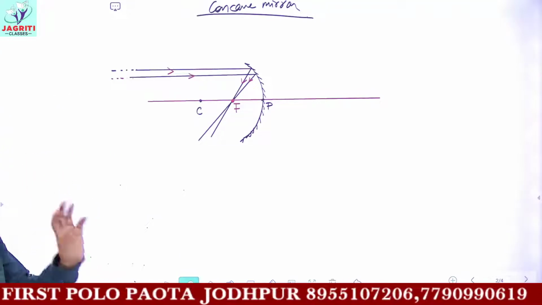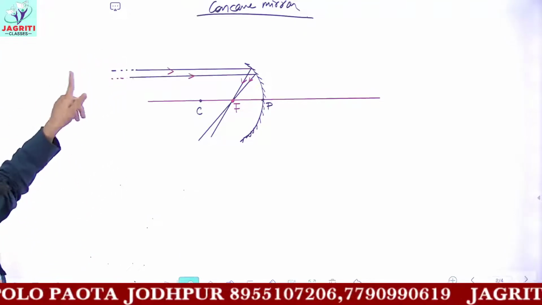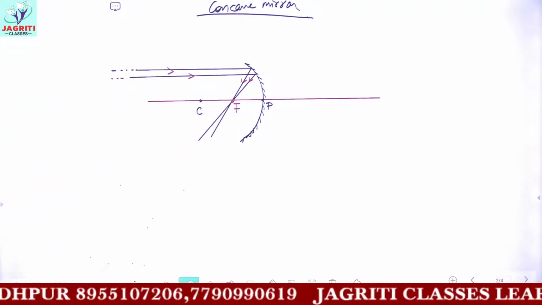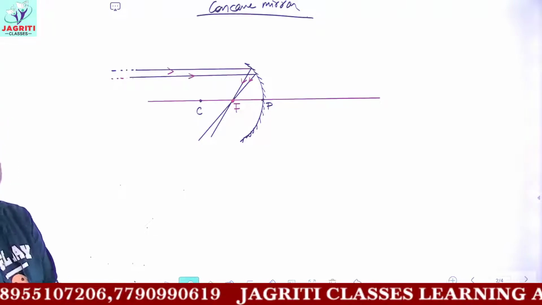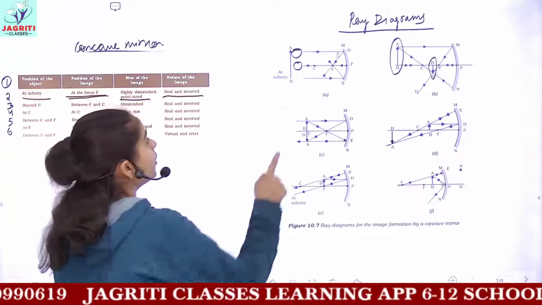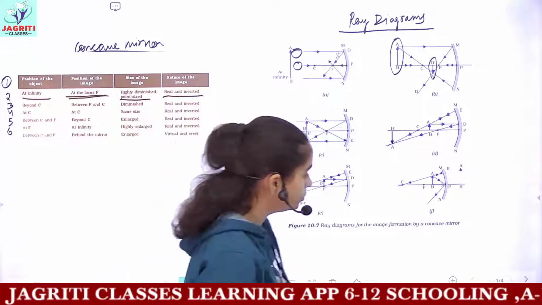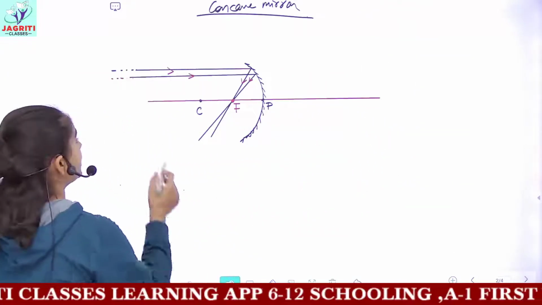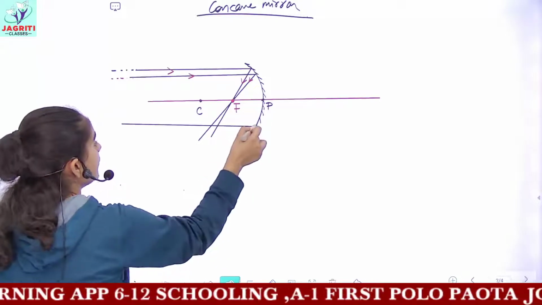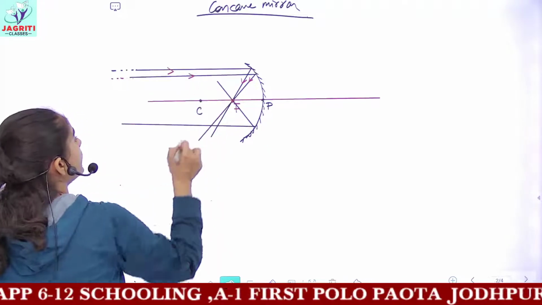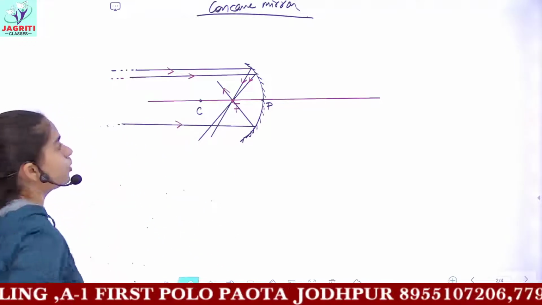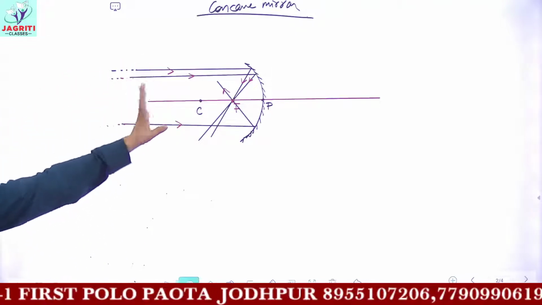Now I told you at least you have to make two kinds of lines. According to rule 1, we made one ray which was parallel to the principal axis, passing through the focus. Now you can make any other ray. That is about the 4 rules which we studied. So in the diagram, you are only given 2 parallel rays which are meeting at the focus. In a similar manner, you can also make one parallel ray which is coming from infinity, and after reflection, this ray will also meet at the focus. This is also coming from the object, that is from infinity. So this gives you the first ray diagram.